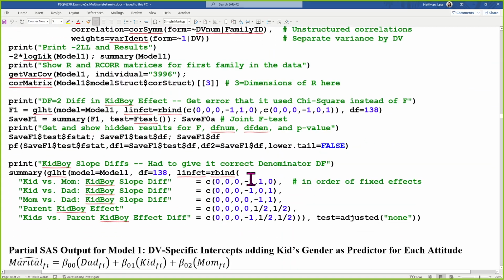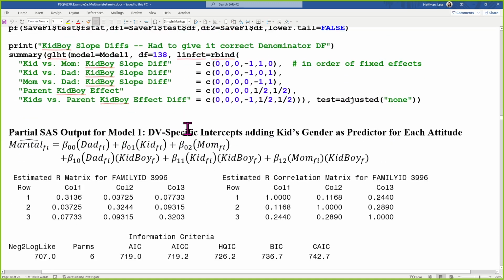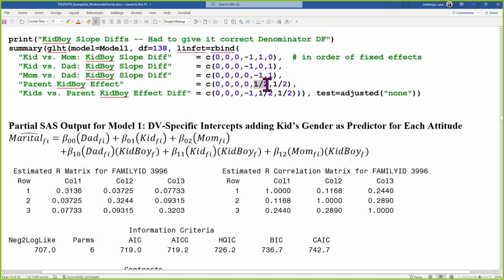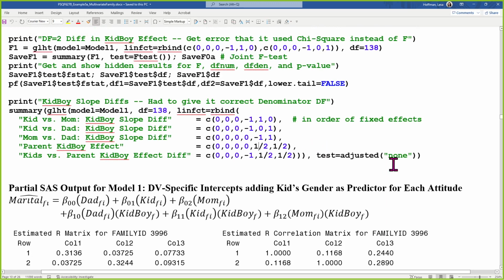All right, R folks. In this case, I did glht to do the joint test of the 2 differences. It's still not willing to give me an F-test even though it computed it, and it did so correctly. So this is one set of slope differences right here between kid and mom. This is kid and dad. And then I have the set of differences, and it did let me put in fractions. So that's how I invoked the divisor option here. For whatever reason, sometimes it turns my numbers blue when I copy the syntax over, and sometimes it doesn't. I have yet to figure out why that is, but fortunately that's just a coloring scheme and it doesn't actually matter. So these are sort of the new concepts.